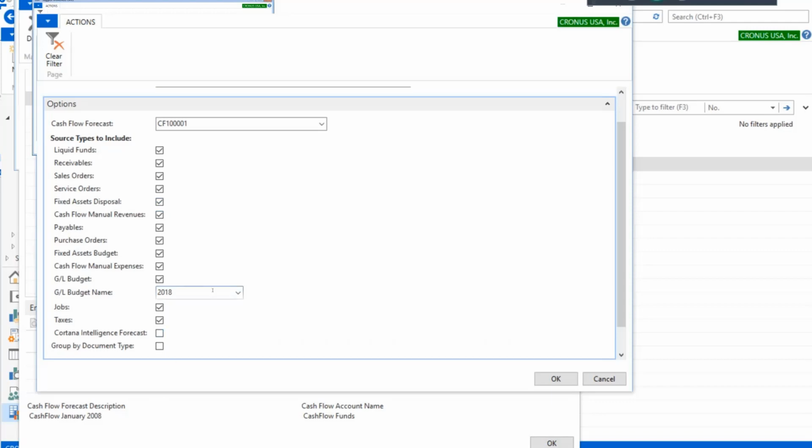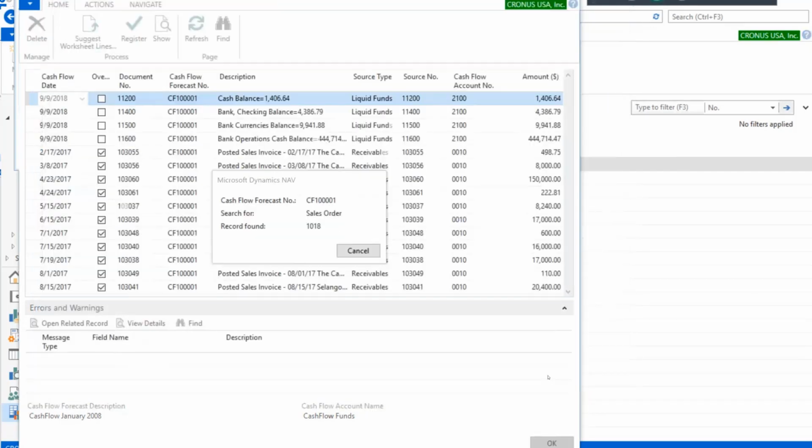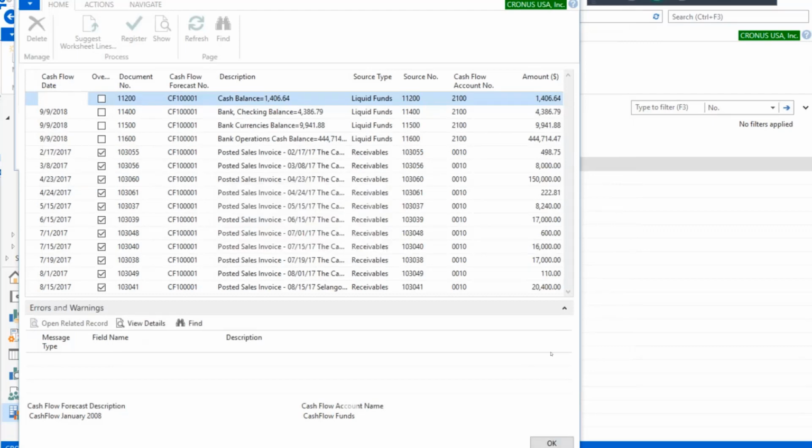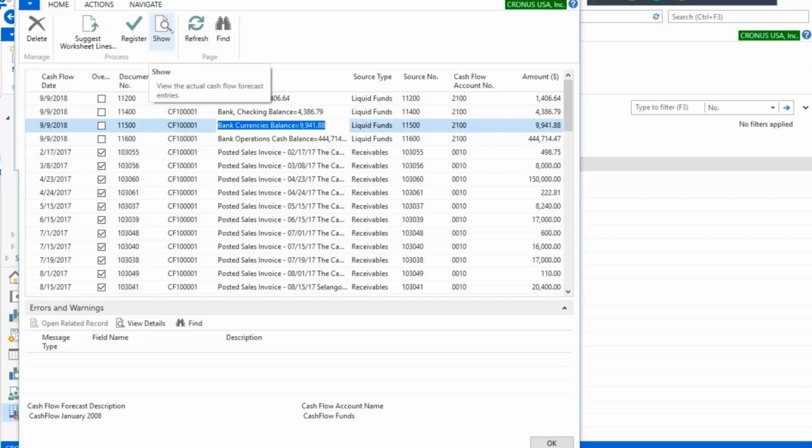We can leverage our budget if we have a budget in there, and it will go out there, it'll pull them all back, and should find some and bring it back in. I can drill to these documents right from here to show them and see what makes up these totals, or I can come through and I can register the whole journal. So now I get these registered in,